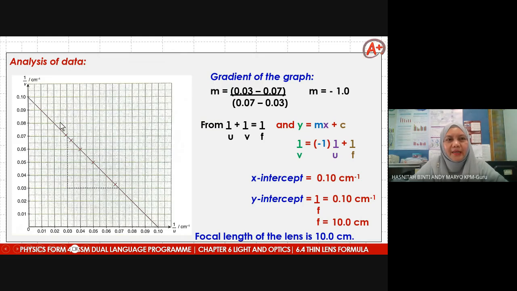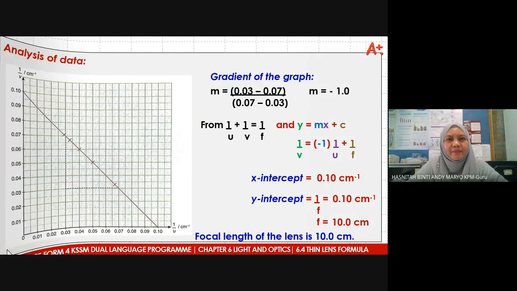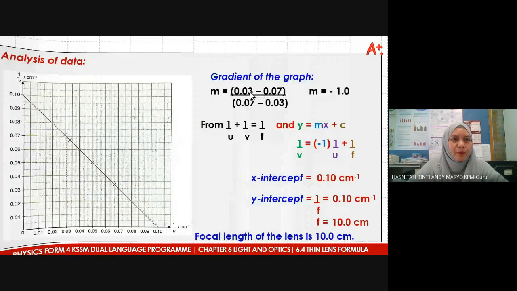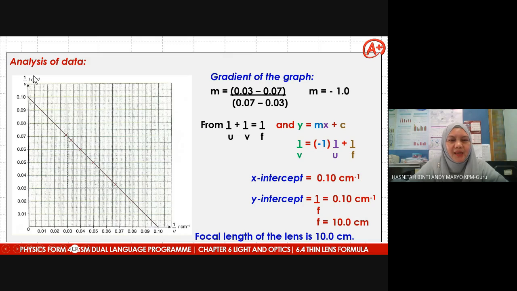So we plot a graph from our table. 1 over u is our x-axis, and 1 over v is our y-axis. So we plot a graph of 1 over v against 1 over u. This is the pattern of graph you should obtain, the pattern of graph for 1 over v against 1 over u. So from here, when you calculate the gradient,